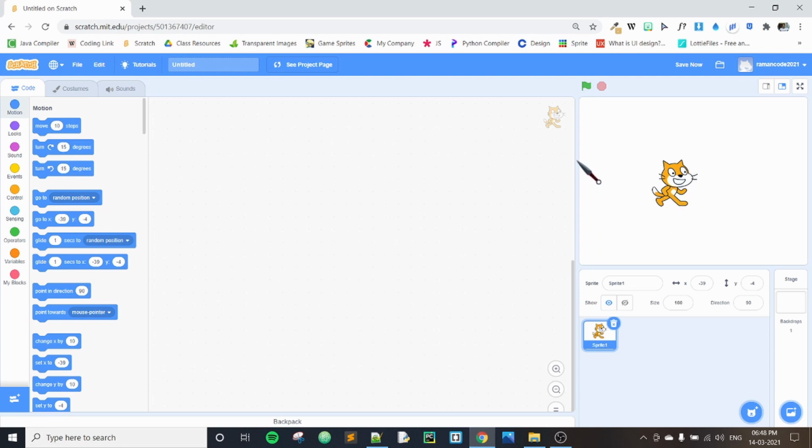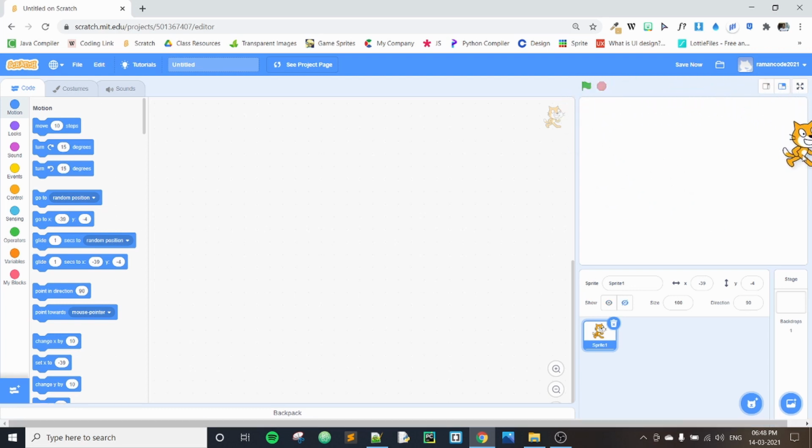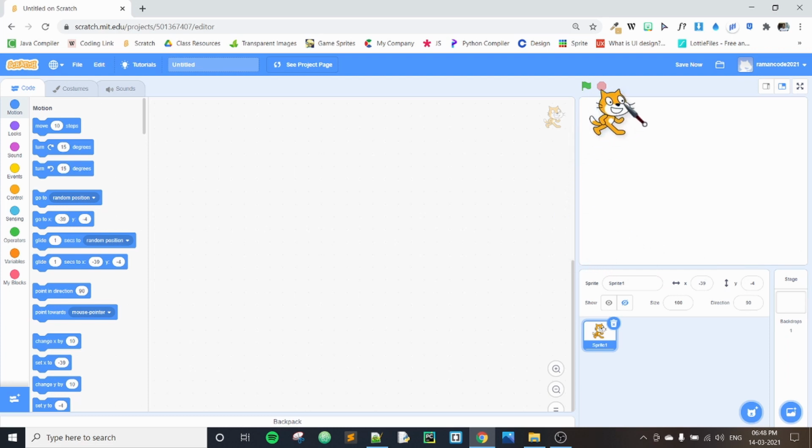So now you can see a small white portion over here. This particular portion which I'm highlighting with the help of this cat is called the stage, right? So this is the area where you're going to have your final output. Whatever code you write, when you execute it, you can see your final output over here, right? You might feel the size of this particular stage is too small, you can increase it.